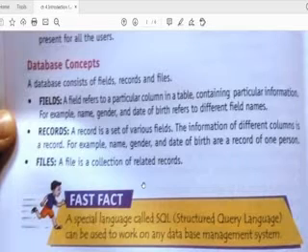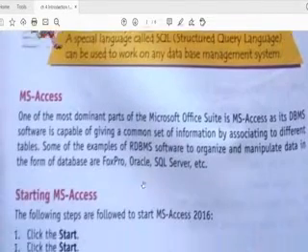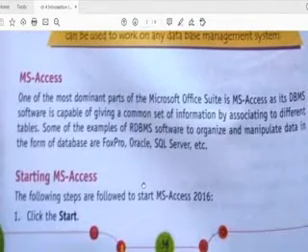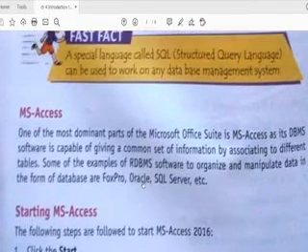Whereas when I say English marks, that means one column where I have entered English marks for the whole class, all 60 students. When I talk about the 8th standard, it comes onto the file, which has lots of data with a relevant meaning. There is a special language used for database management, called structured query language. Now next we are going to start our MS Access. I think I will continue this in the next topic.